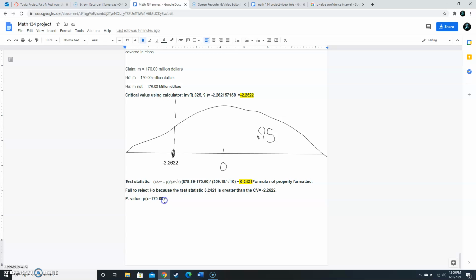And I was confused on the p-value, so I did not finish it, but